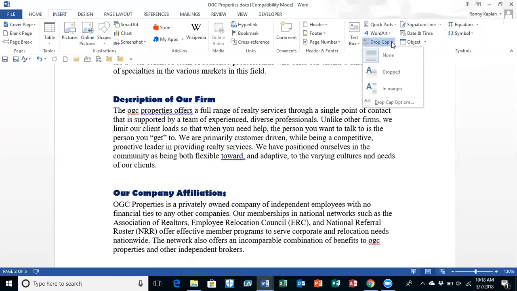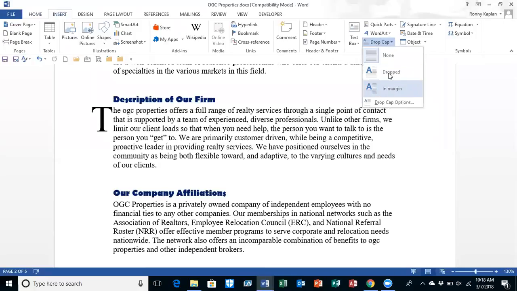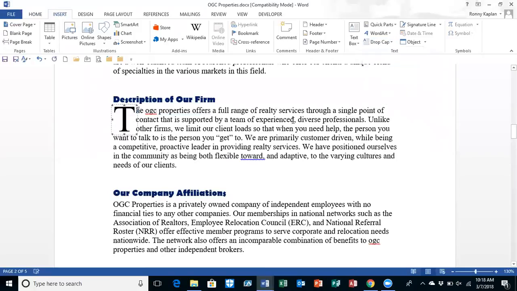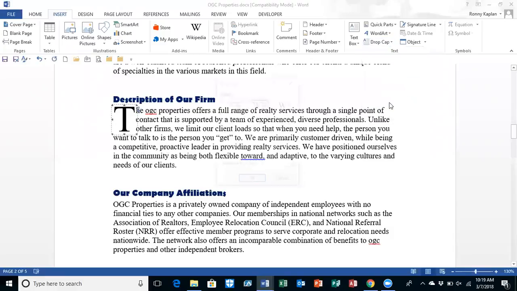And if you click on Drop Cap, the default, of course, is not to have one, is None. And then typically you want it dropped into the document, not out in the margin. So we're going to say Drop Cap, and it automatically uses the same font as your text, and it drops it 3 lines. But if I wanted to modify that in some way, I could go to Drop Cap Options,